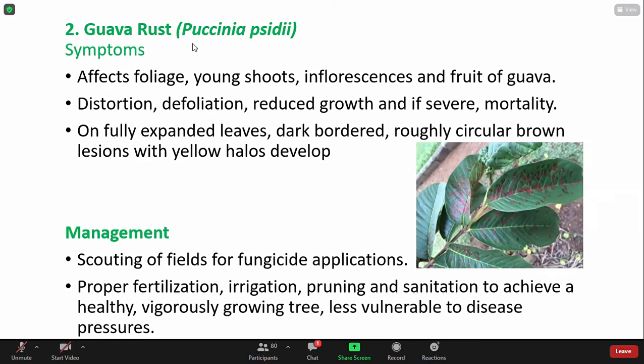Any questions? So anyone can give me the answer. What's the difference between Othreis materna and Othreis fullonia? Anybody? Othreis materna, the hind wing has the round shaped spot, and the fullonia has the kidney shaped spot. Okay.